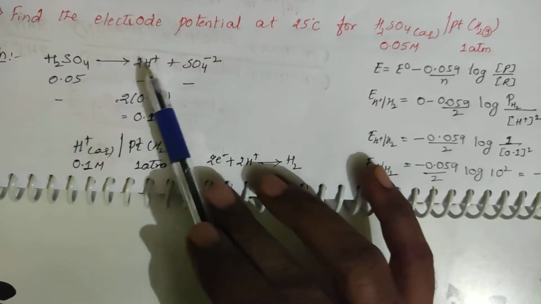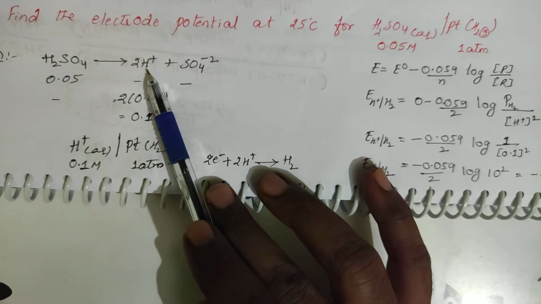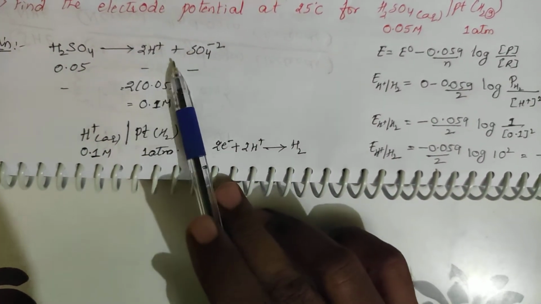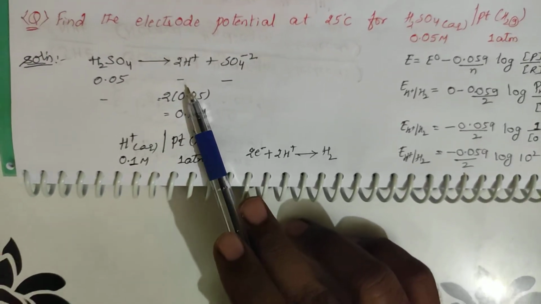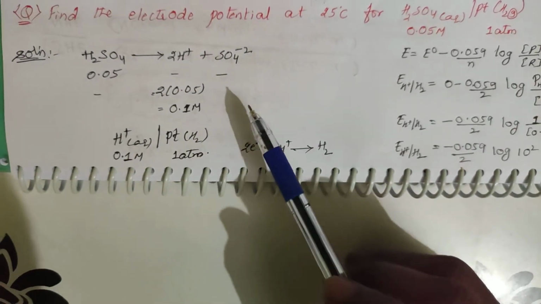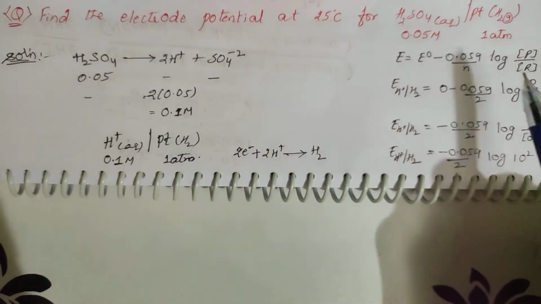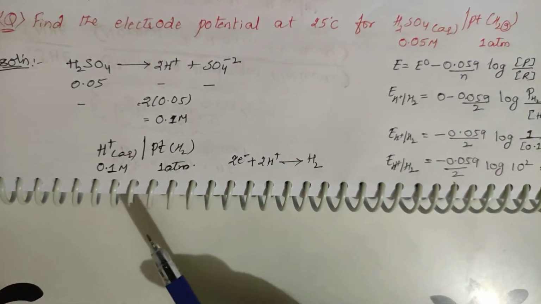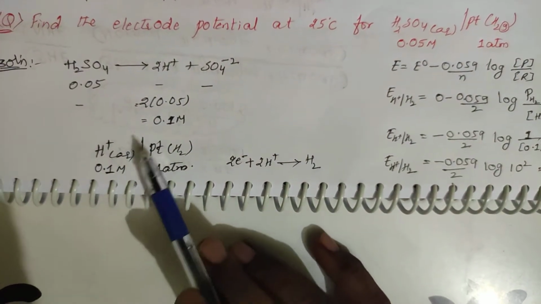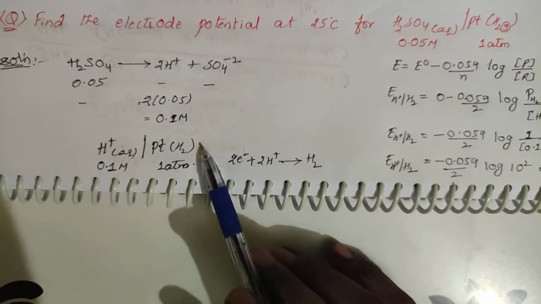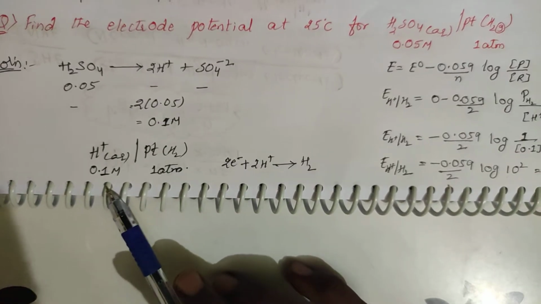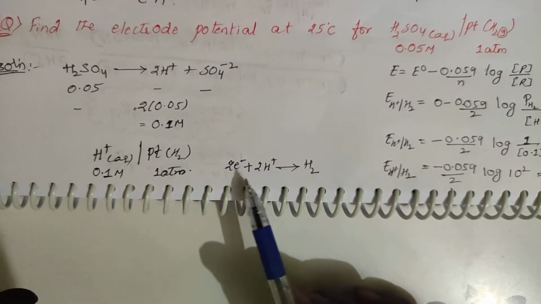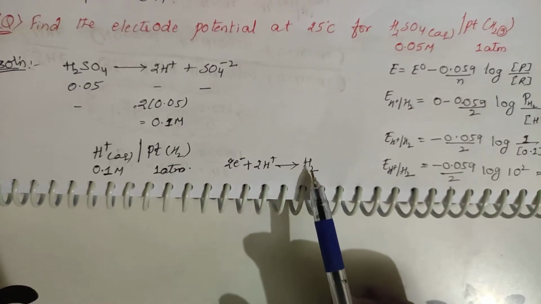So what is happening to H2SO4? It has undergone oxidation only, right? Okay, so the concentration is this one. And what he is asking, if you want reduction potential, you can take it both ways. Reduction potential means H plus aqueous to H2. This is the way of writing. 0.1 molar is the concentration of H plus, and hydrogen is at 1 atmospheric pressure. The representation is 2 electrons plus 2 H plus gives rise to H2.